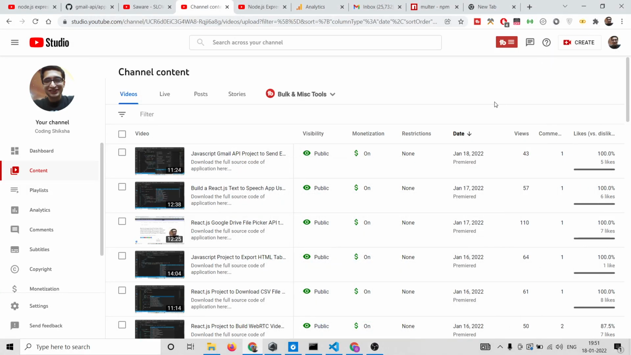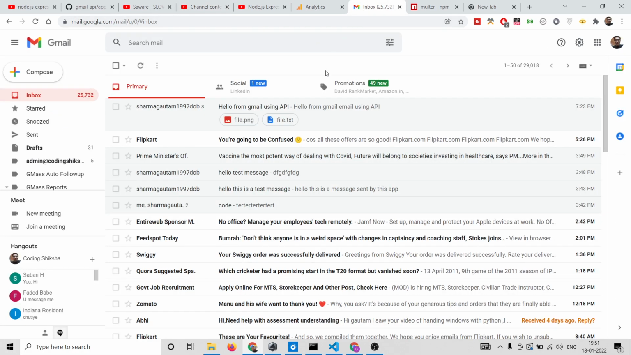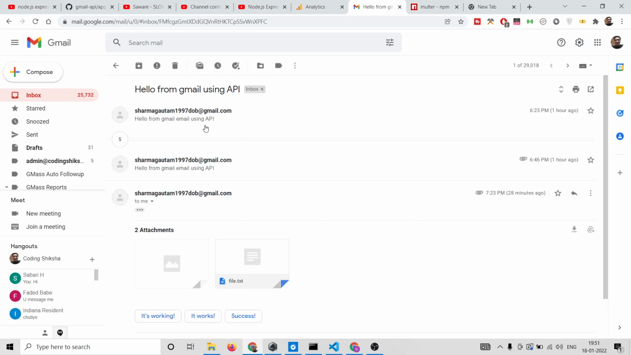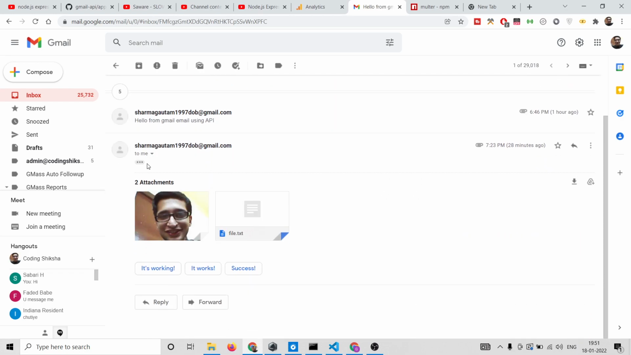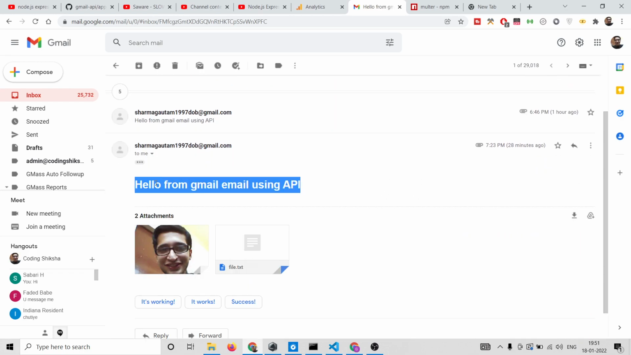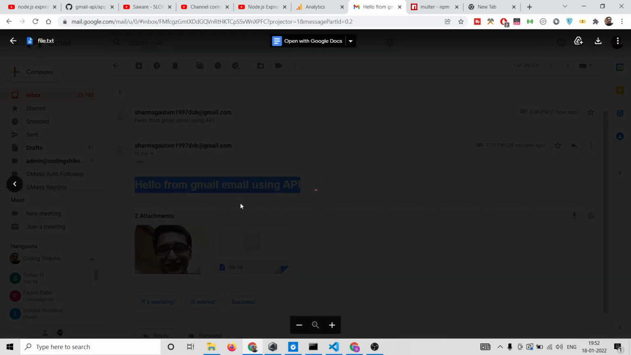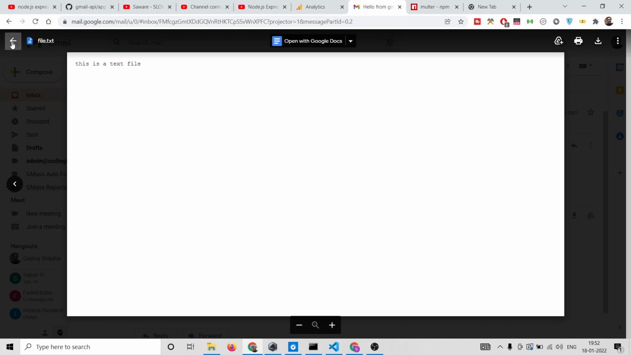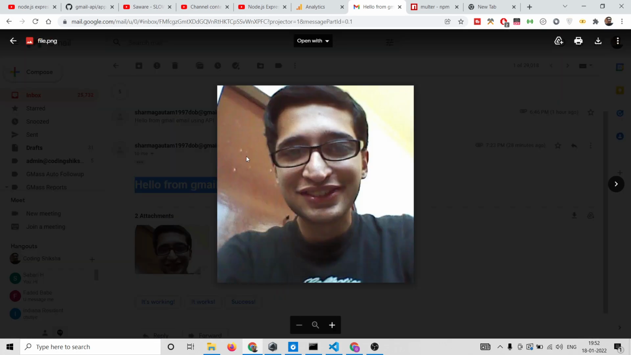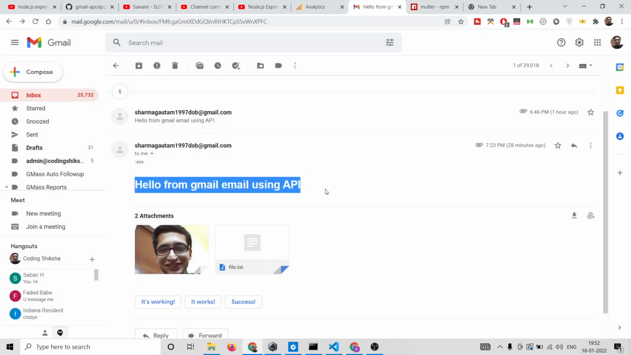Hello friends, today in this tutorial I will be showing you how to integrate the Gmail API to send an email alongside attachments. This is the application we will be building, where you will be sending out a text email alongside pictures and text files as well. You can also send PDF files. We will show you in detail, step by step, how to do this process using Gmail API,